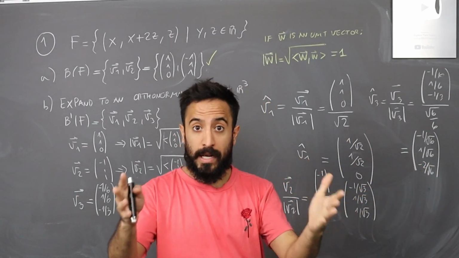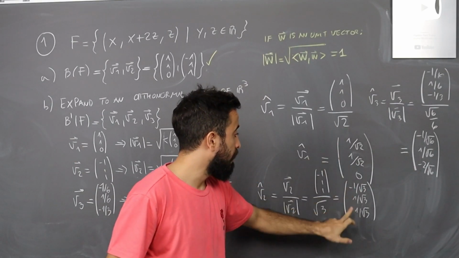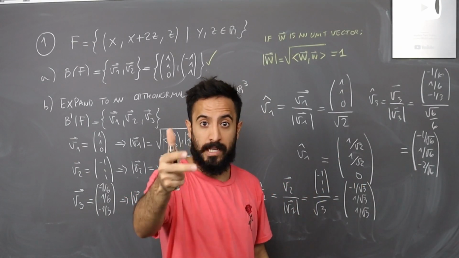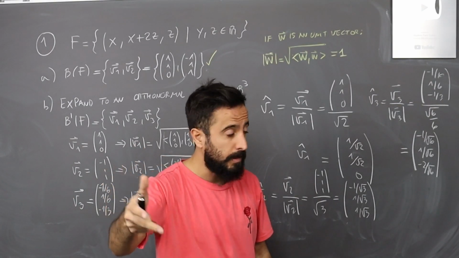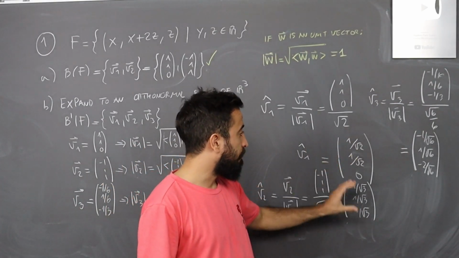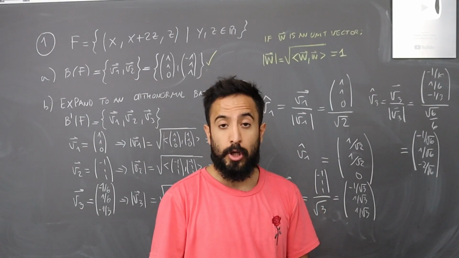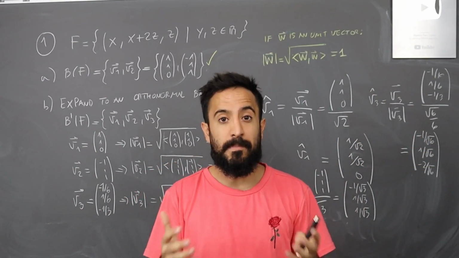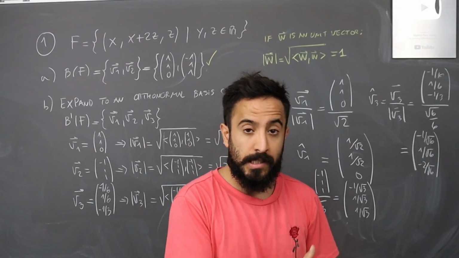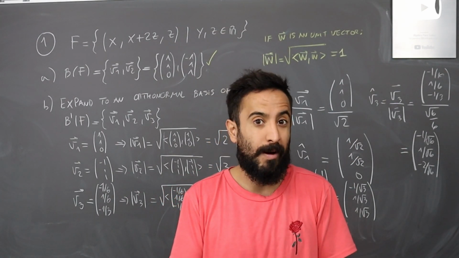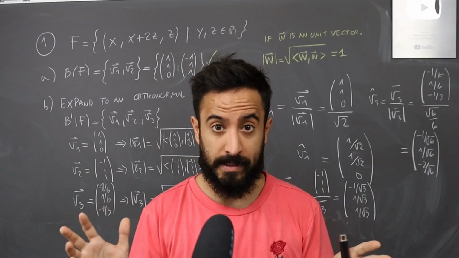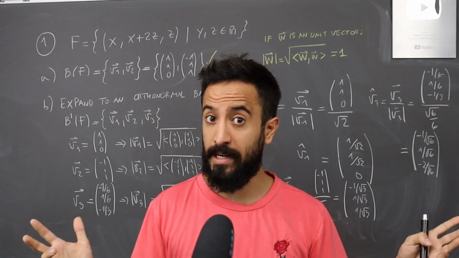So now you can go ahead and check. These three unit vectors are orthogonal to each other, which means that the inner product between them is 0. And also, each of these vectors are unit vectors. So if we take these three vectors and put them together, they make an orthonormal basis of R3, which is what we were required to do, right? This, let me say, was the easy part. Nothing too weird about it, alright?